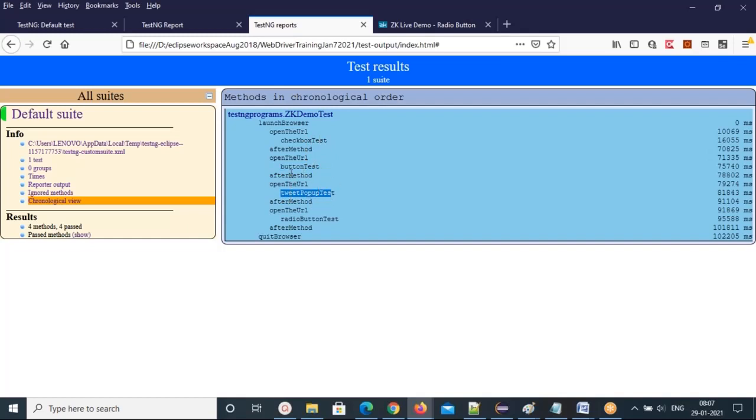But here the conflict has come at priority 0, so it is taking the alphabetical order of the method name. Then the radio button test is last. That's a positive number we have given, 3, I think. So this is the order.